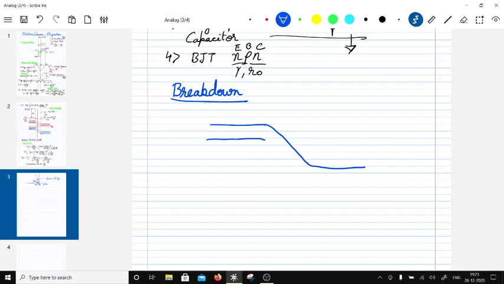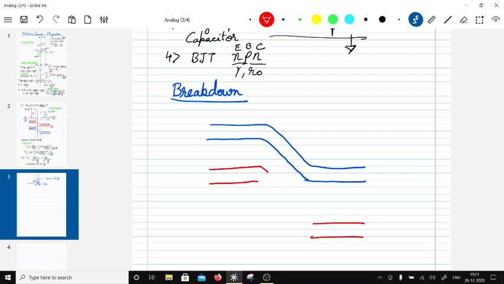So this side, and then we have got this is the valence band, and somewhere over here. So basically this and this,